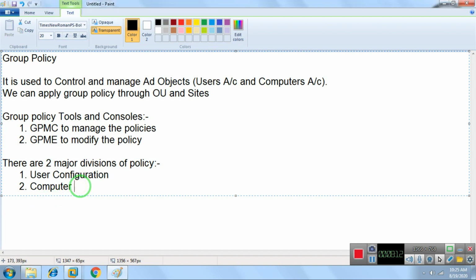Okay, fine. So there are two major divisions of policies, or you can say there are two types of policy settings: user configuration and computer configuration.